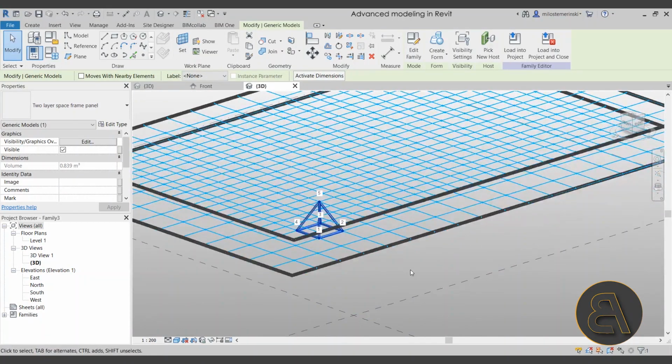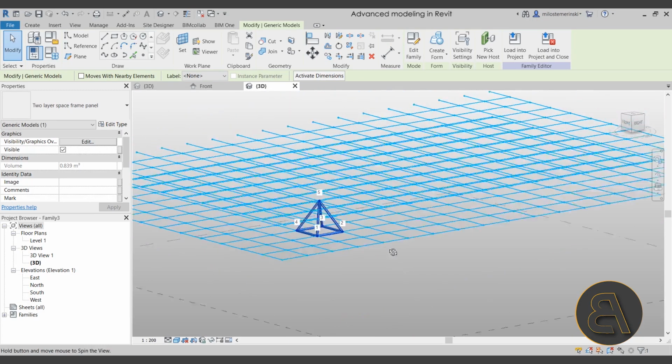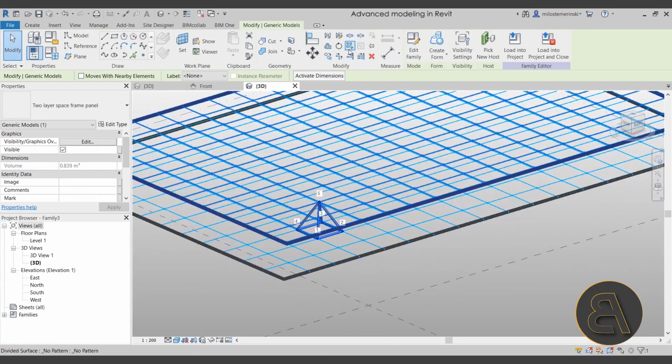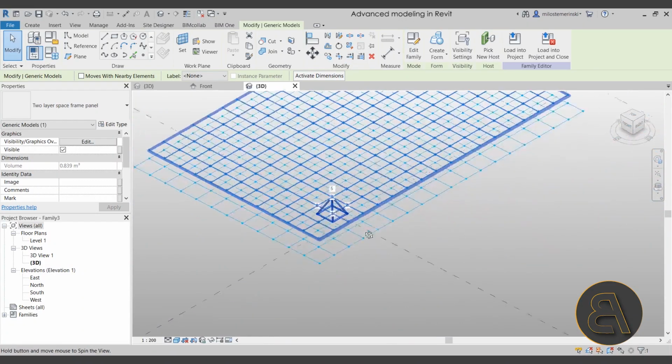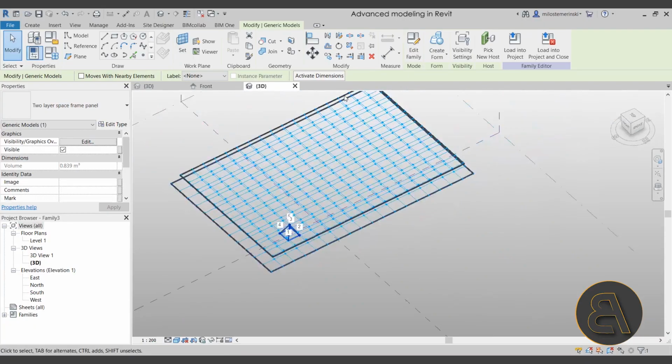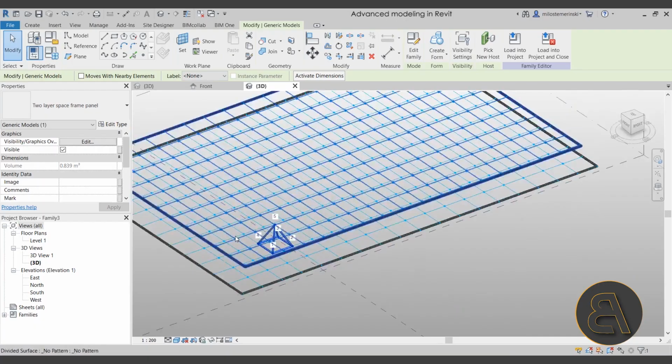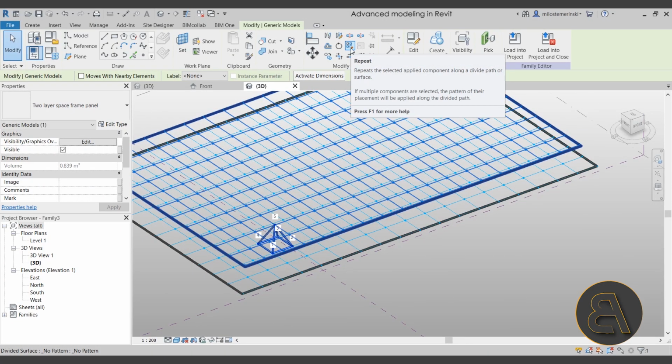Now, I know what you might be thinking, well, that's a really awkward and slow way of applying components, and you're right, it is. But don't worry about it. It's actually quite quick going on from here, because once we have one in place, there's this really useful tool called the repeat tool, and that allows you to repeat this component along these two surfaces. So it basically works like an array tool, but for